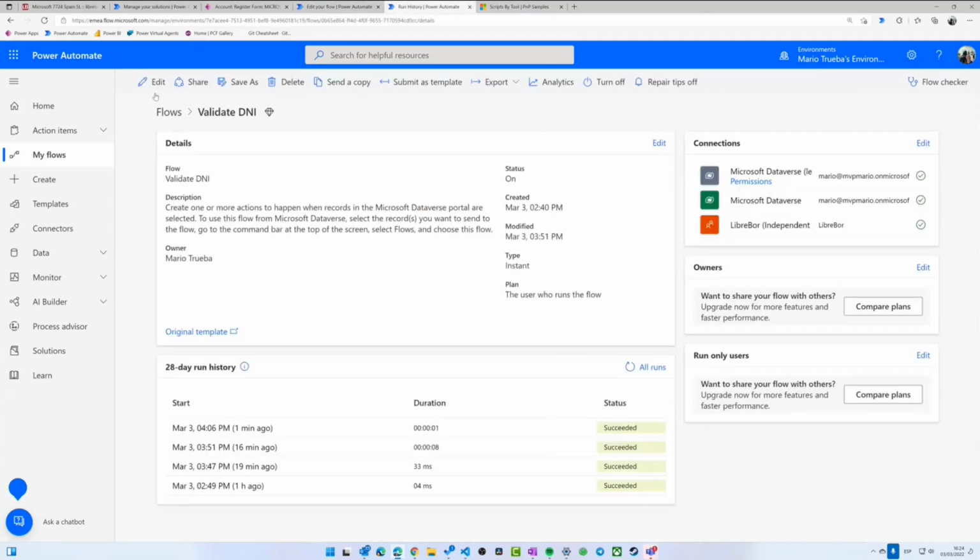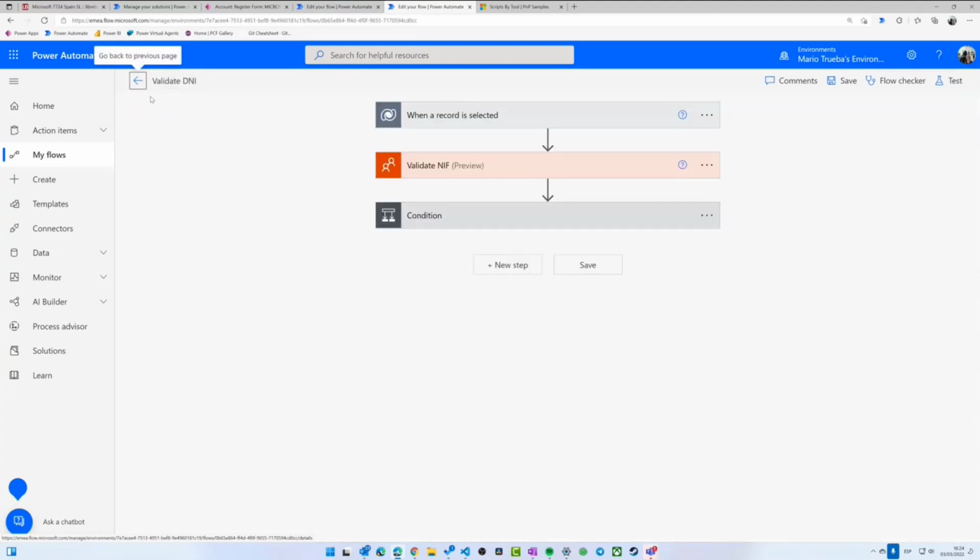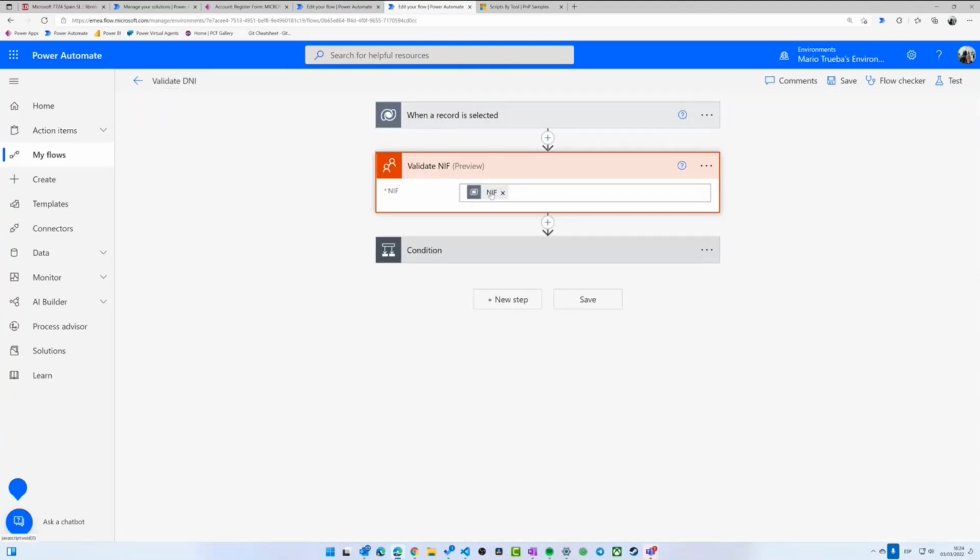In order to validate that number, it's as simple as providing the number, and it will come back saying whether it's valid or invalid. How is that validation happening? You might be thinking, why didn't you use a regex expression and that's it? Well, what we're doing is actually going to the register and validating that the NIF we have is the correct one. So it's not only a validation in terms of it having X numbers or one letter; it actually goes to the register and brings back that information. And with that said, this is the end of the demo.